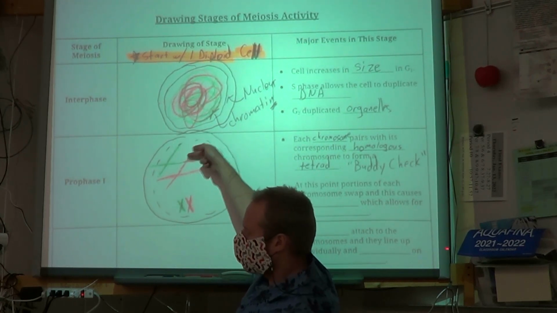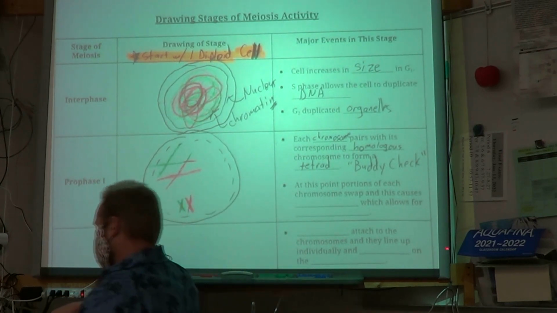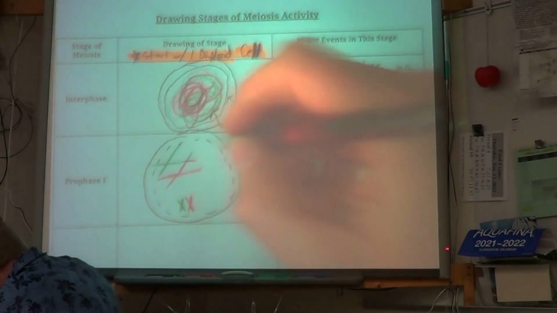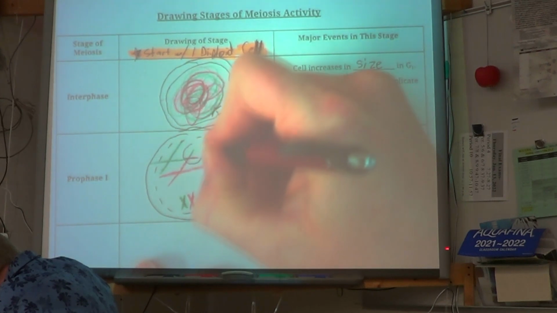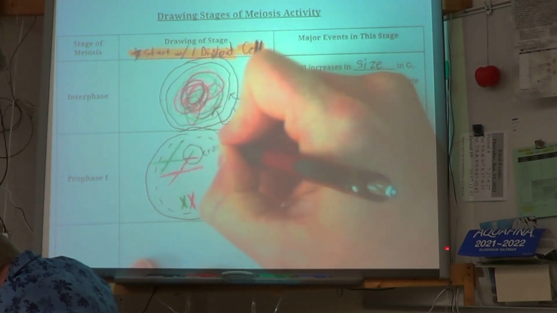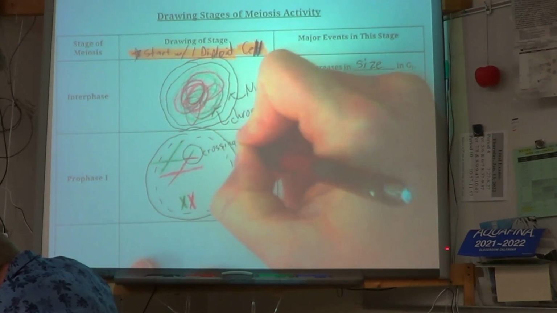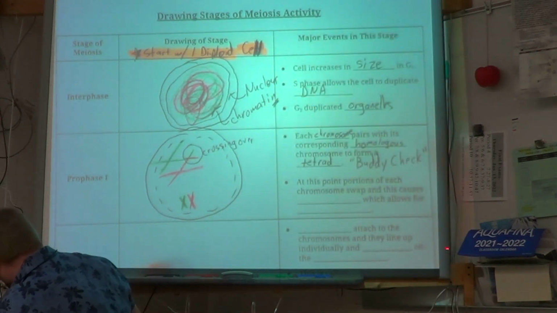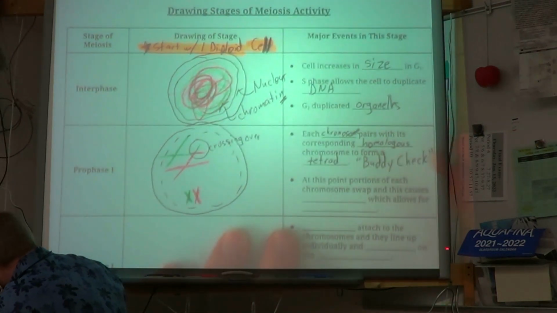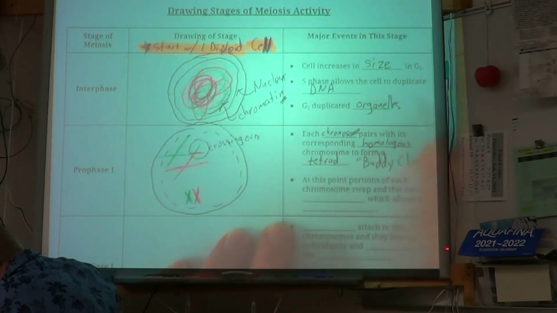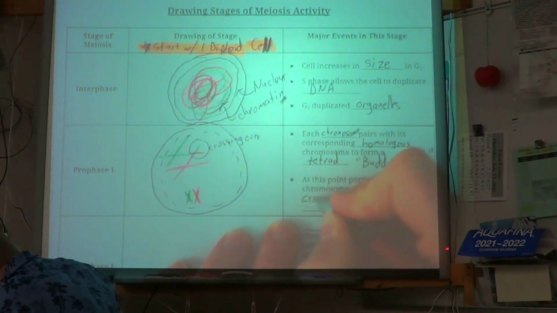Okay, I'm trying to show a crossover event. Okay, so right here is called crossing over. So at this point, portions of the chromosome swap, and this causes, it's called crossing over,